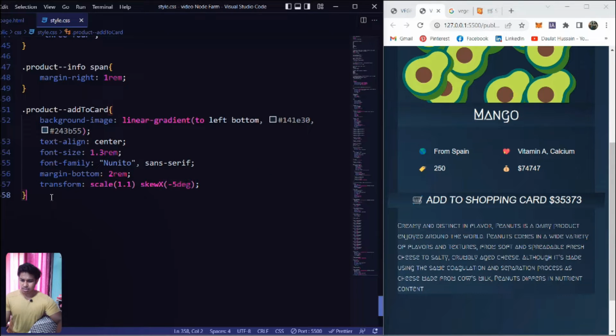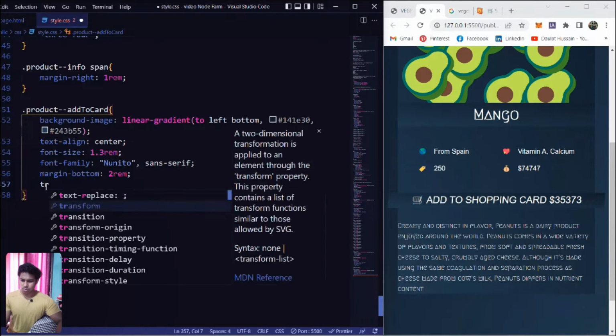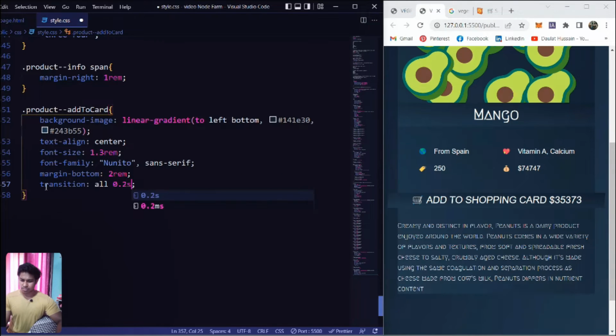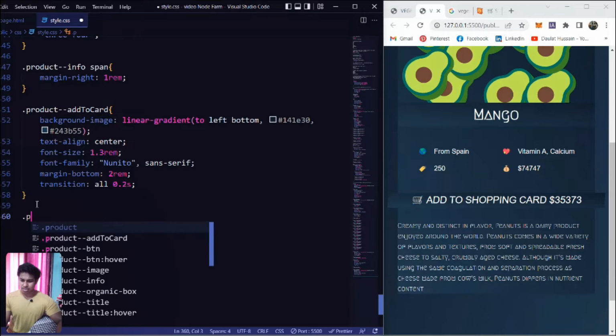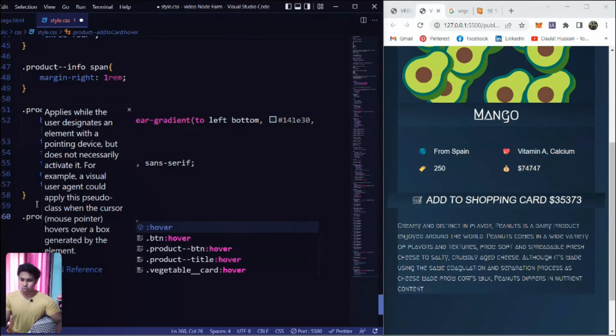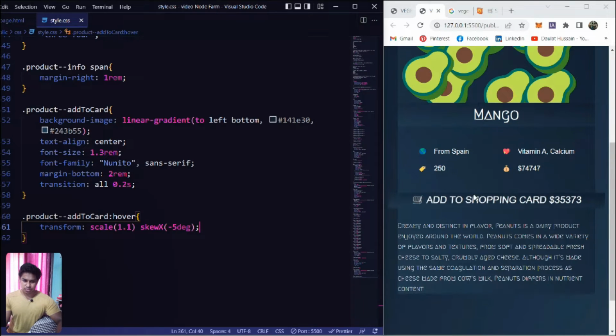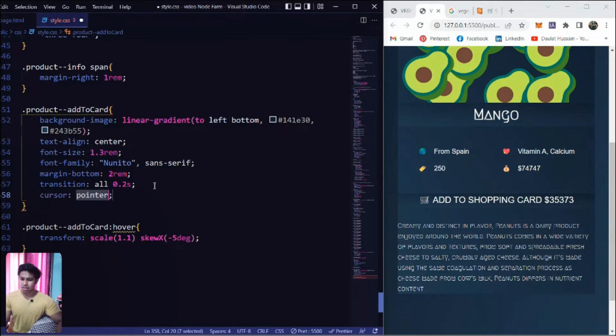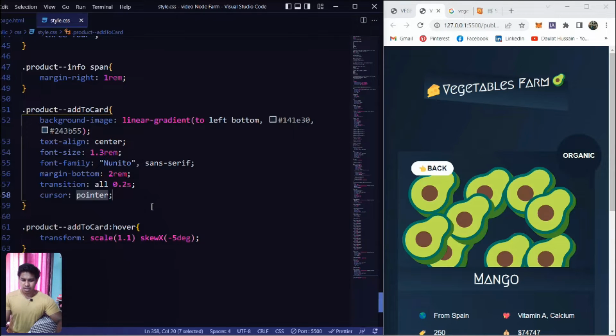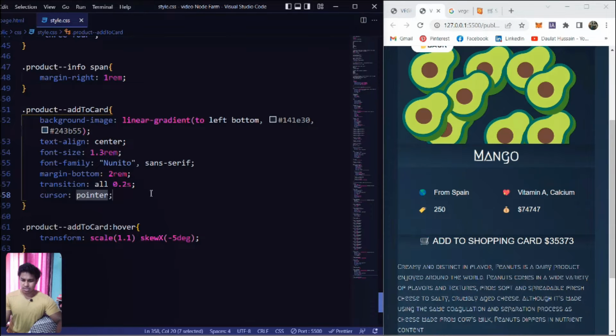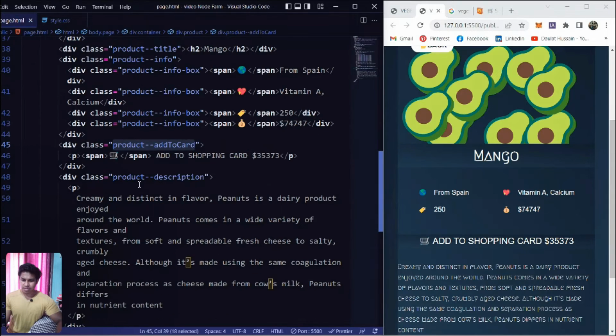Okay, simply cut all this, and I want to have this on hover, so let's make the transition 0.2 second, and on the hover effect I want to have the styling, so simply paste here. So this is how it's looking. Let's assign a cursor pointer, and what else we can add. So let's come here and